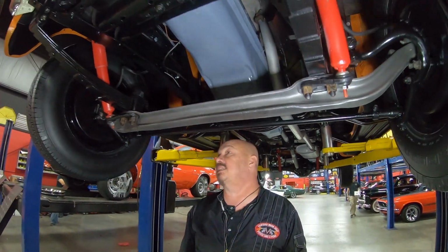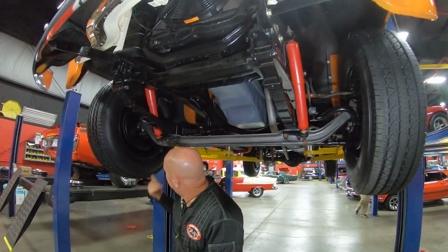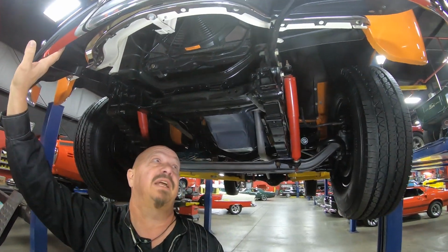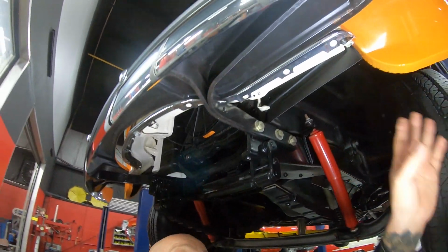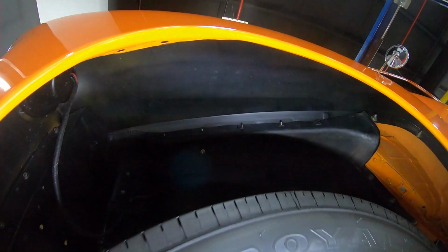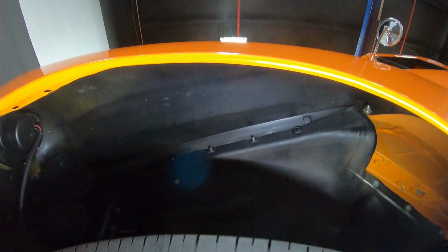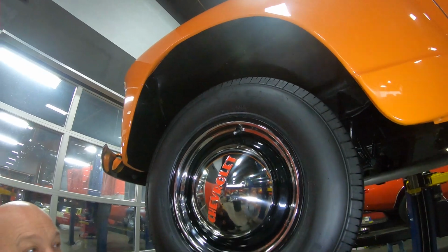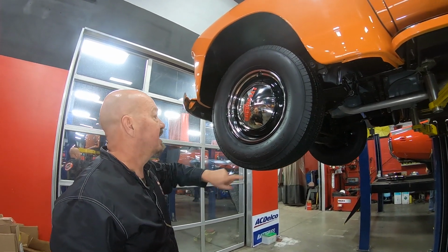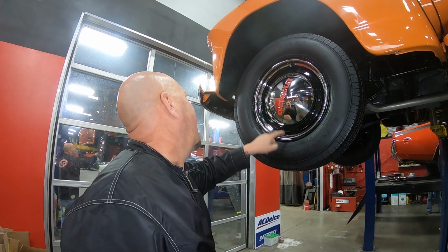Everything up here is nice and clean too. Guys will check out the brakes in the front too. Front bumper's brand new, of course, too. And again, up front the fenders are steel. Just like I said on the back, you can see no patchwork or anything there either, so that's all good metal there. Great looking center caps, trim rings, brand new tires,